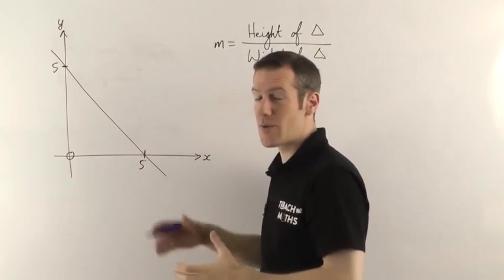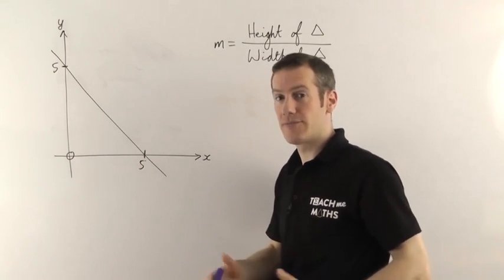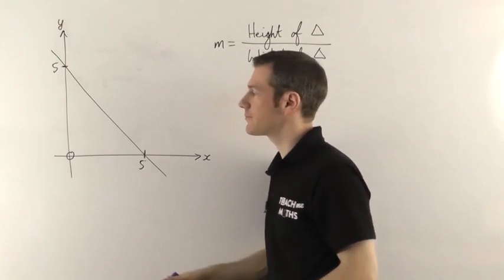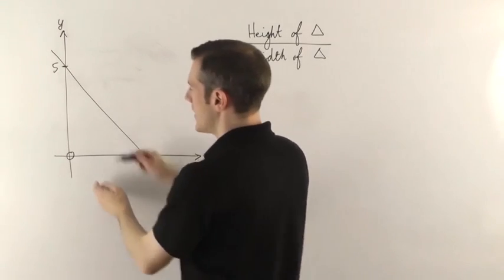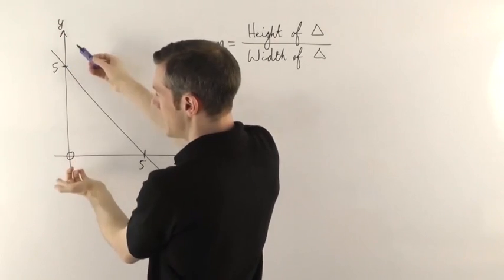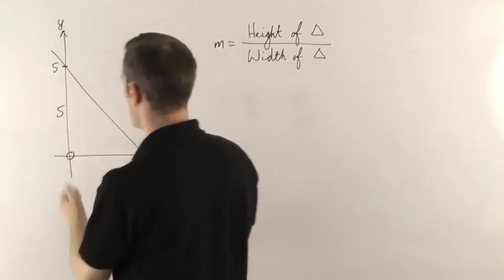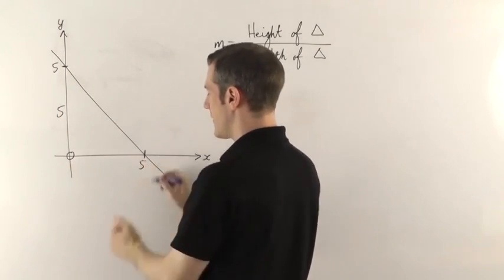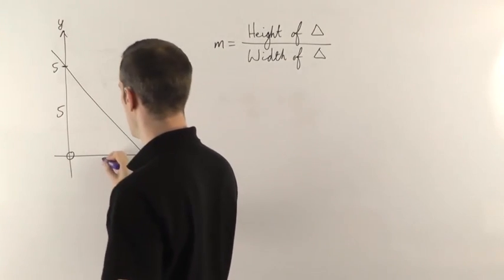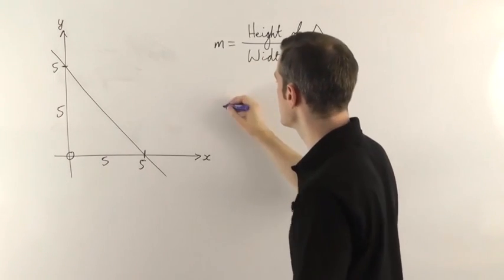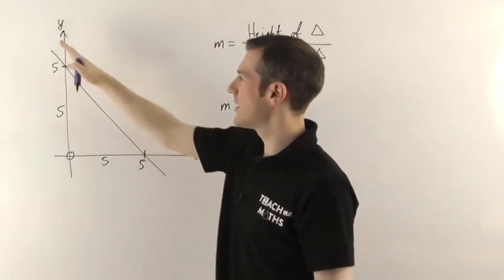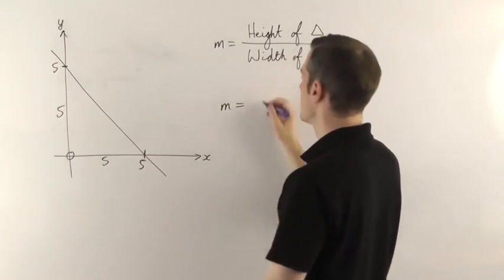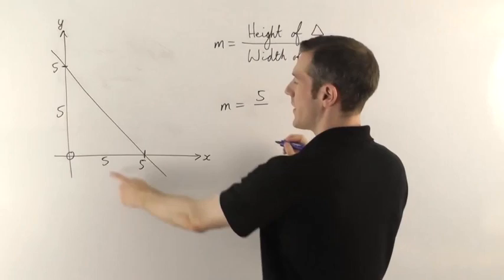So I can just use that without having to draw another right angle triangle. Any right angle triangle will do. So in this case, the height of my triangle from 0 to 5 is just going to be 5. The width of the triangle, again from 0 to 5, is just going to be 5. So the gradient of this line is the height, which is 5, divided by the width, which is